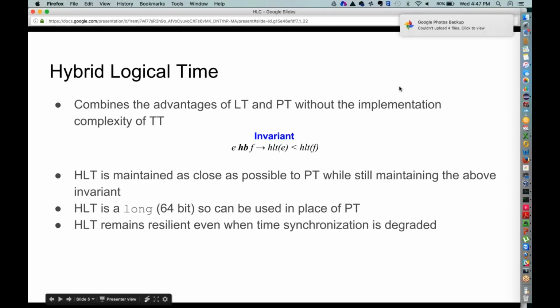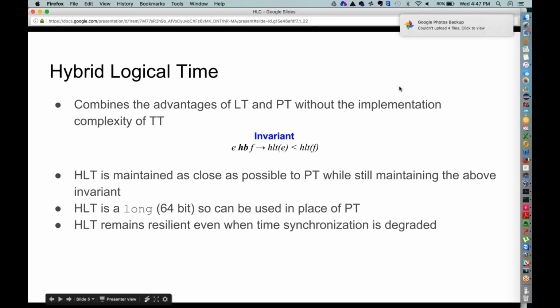So in 2012, Google wrote this paper on a system called Spanner, which is their globally distributed, strongly consistent key value store. One of the interesting properties that Spanner provides is this notion of external consistency.